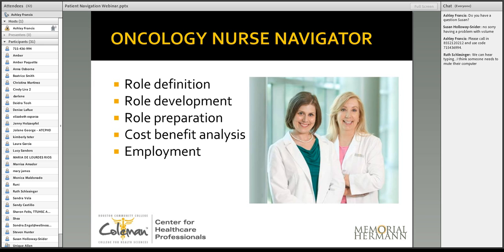Of course, there's a high level of distress in the cancer patient population, especially at initial diagnosis. And we found that oncology nurse navigators becoming involved with newly diagnosed patients early on, those newly diagnosed patients have a tendency to do much better from a distress standpoint. At the end of 2013,